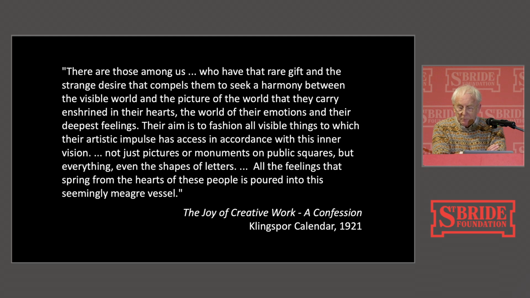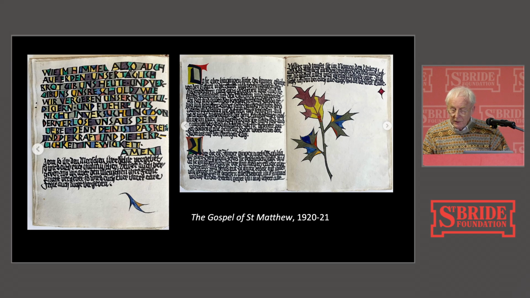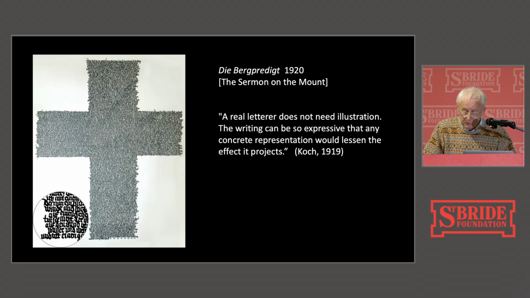His manuscripts of the period immediately after the war are extraordinary in their skill, their density, and perhaps above all in their expressiveness. Some are closely modelled on late medieval manuscripts, such as the St. Matthew that we can see here. But the 4 Gospel books are in themselves entirely handwritten and illuminated. But there are other and different examples of his virtuosic skill in calligraphy. This is one example, the Sermon on the Mount. A continuous text forming a cross in 1922.